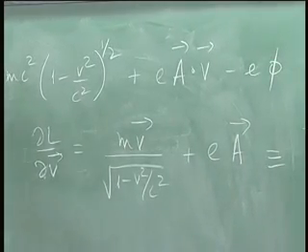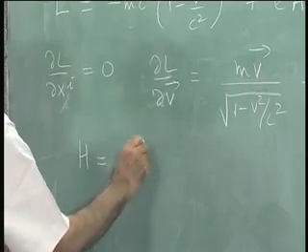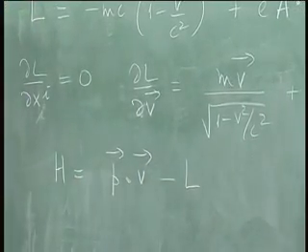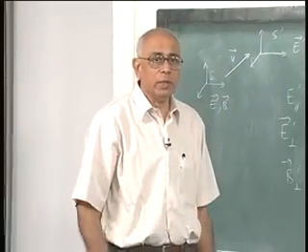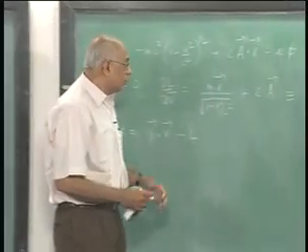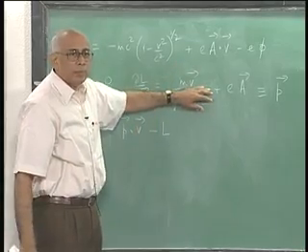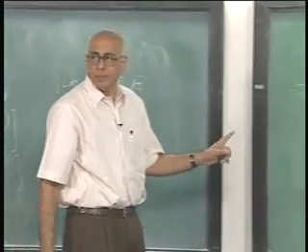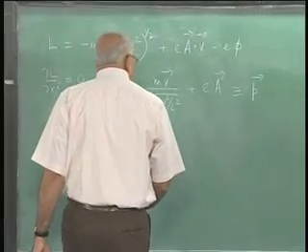And what is the Hamiltonian? So let us settle that also. The Hamiltonian of this particle is P dot V minus L, where you must eliminate V in favor of P. You must write everything in terms of P and R, but that is not so easy to do this time, because you can see that earlier when you had mV you could just write V equal to P minus eA over m, but now you have this factor also sitting here. So it is not that trivial, we need to work on this a little bit more and see what happens, but let us see what happens if we put this in. This is equal to